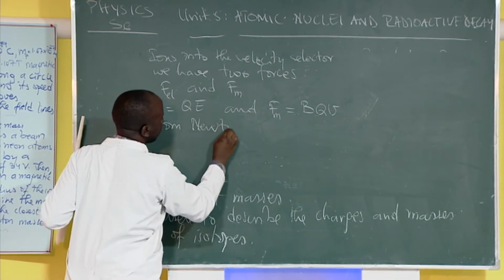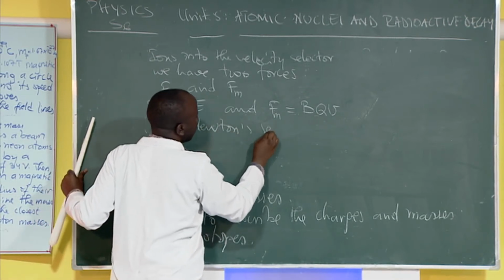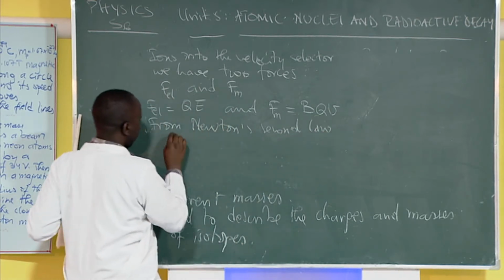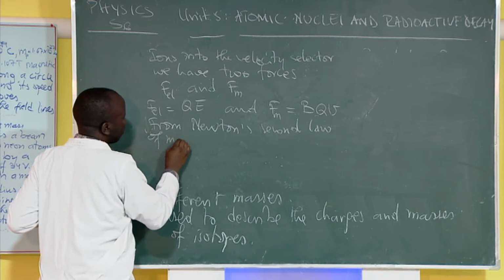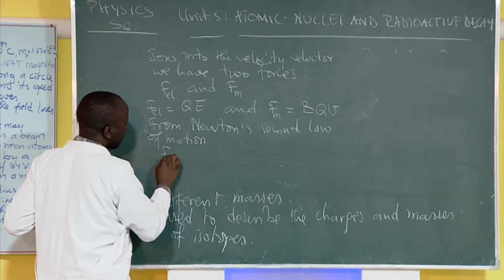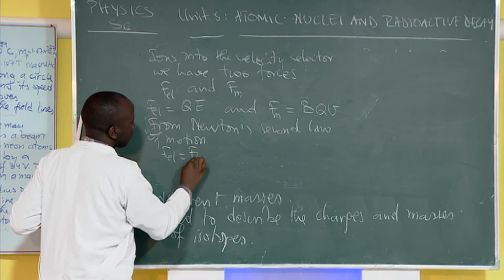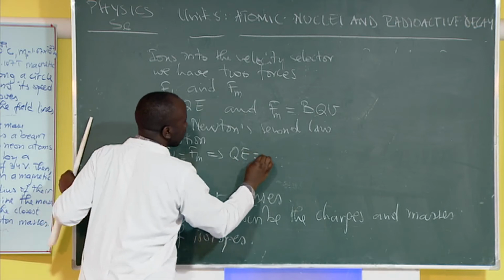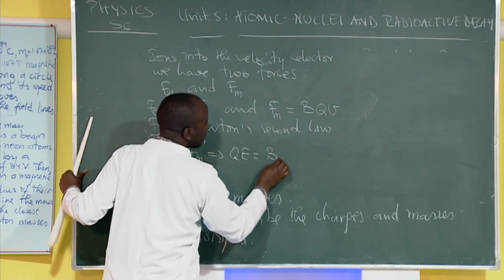Newton's second law of motion, we have F electric equals F magnetic, and this gives charge times E equals magnetic field